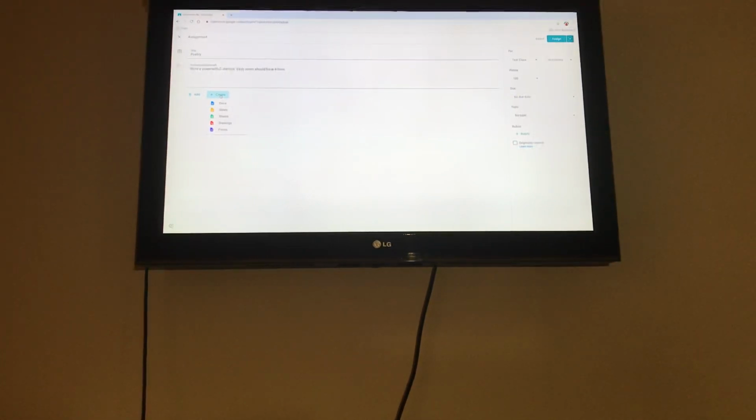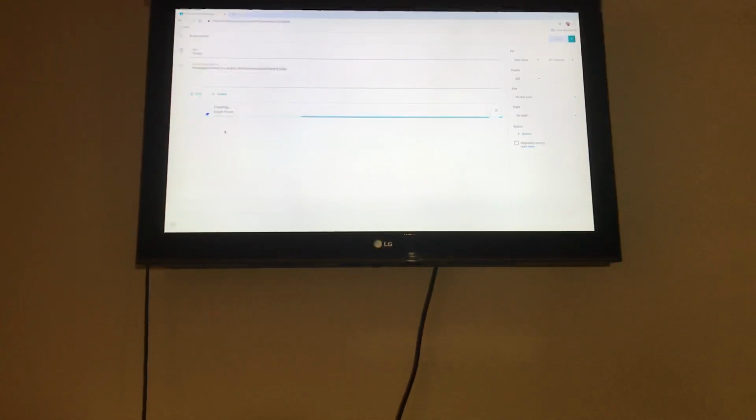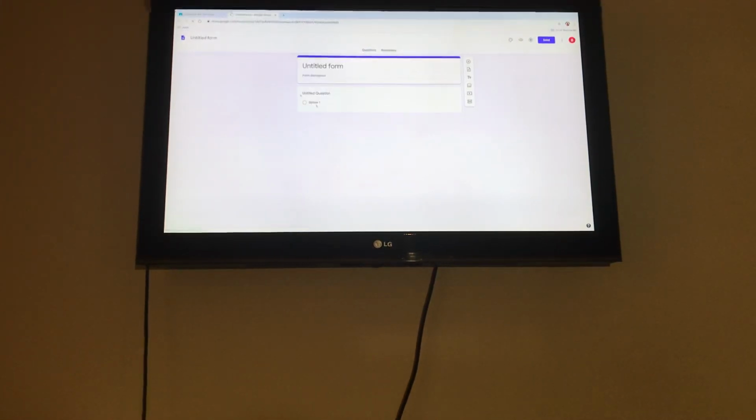slides, sheets, drawings, and forms from Google Docs. I enjoy using forms, so I would click form. It attaches it here, and then it takes you to the form. Oh, I have my pop-up blocker on. Okay, so it takes you to the form and it allows you to create the form. And forms are really easy to create. You would name your form poetry. You could write a description, 2 stanzas